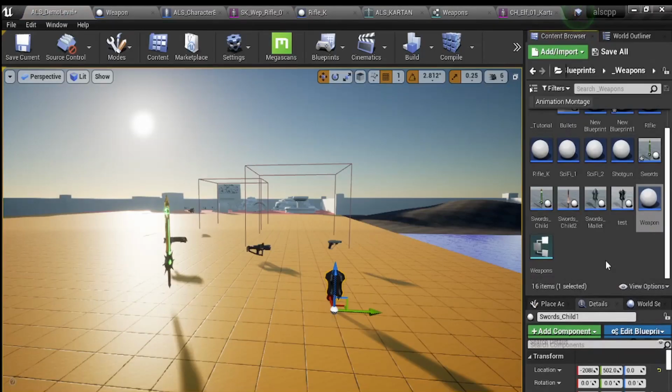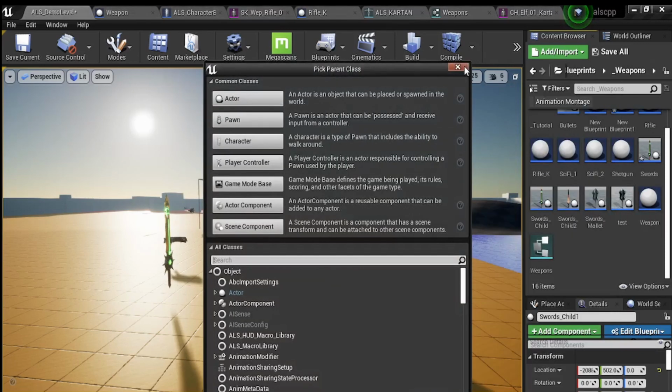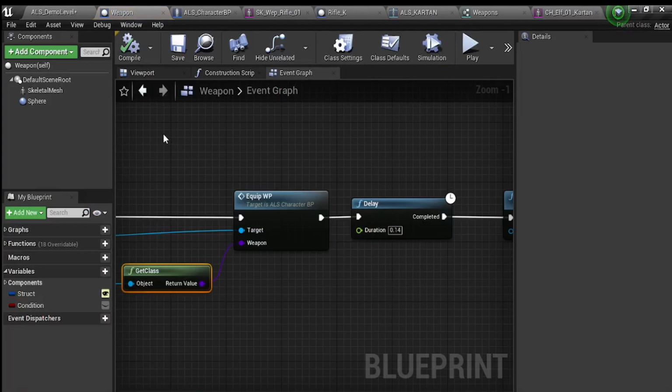I need to create a base class for all the weapons to create different kinds of weapons based on this class. So I can check the variables, the functionality, the 3D model, and things like that, just using one class. So if you make it this way, you can make all the functionality based on just one class. So just right click, create a blueprint class, create an actor, give it a name, and in my case, this